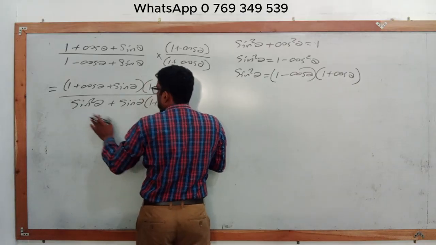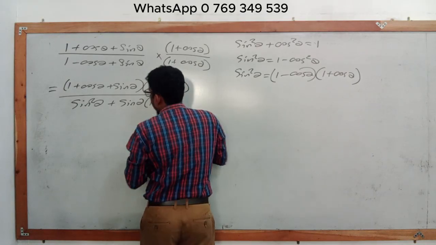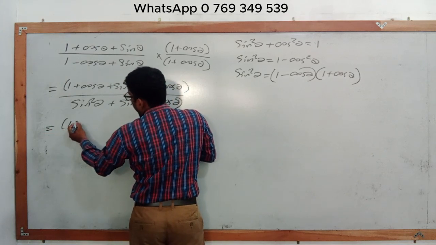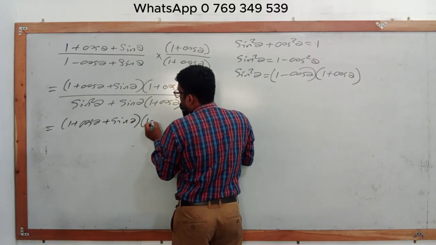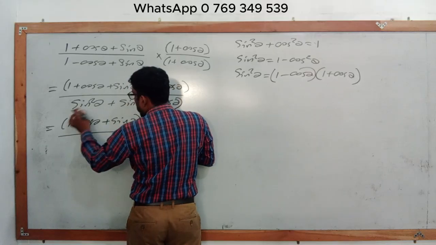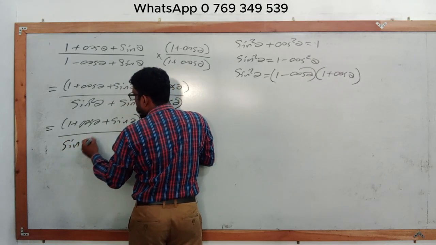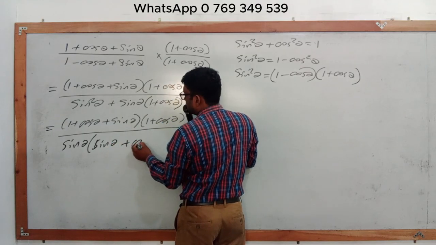Directly I am putting sin square theta here, because of this one is, we know that. Here 1 plus cos theta plus sin theta, here 1 plus cos theta, and we can divide. We can take out sin theta like that. Here sin theta, and here 1 plus